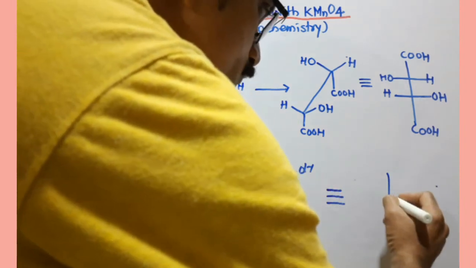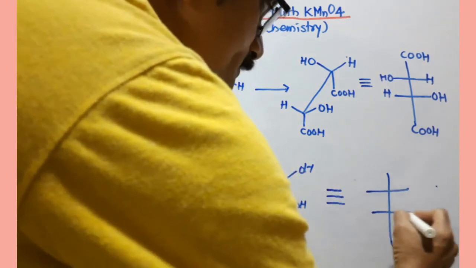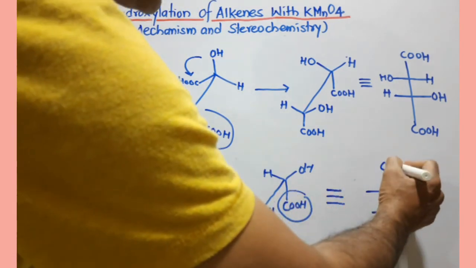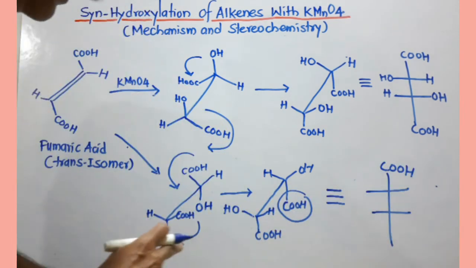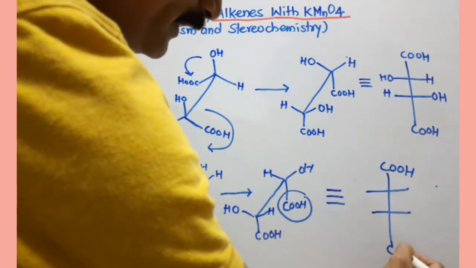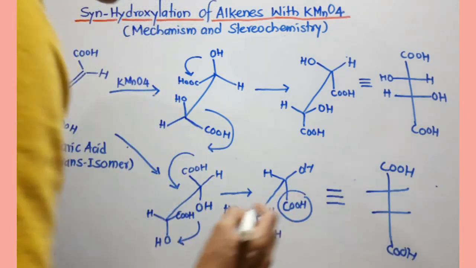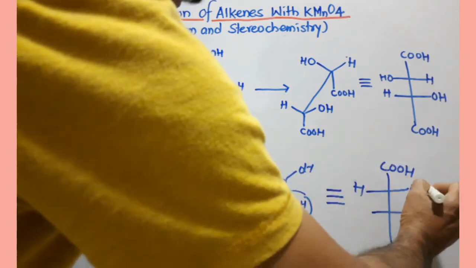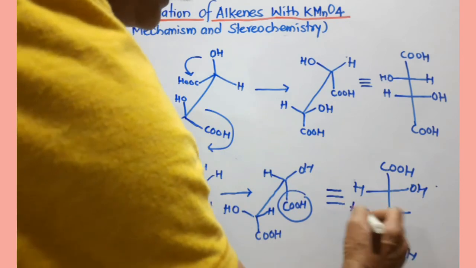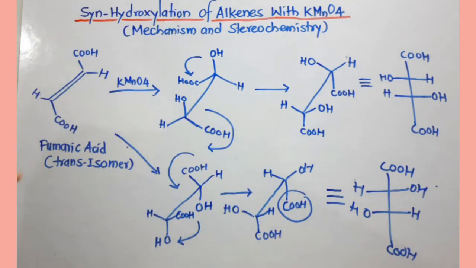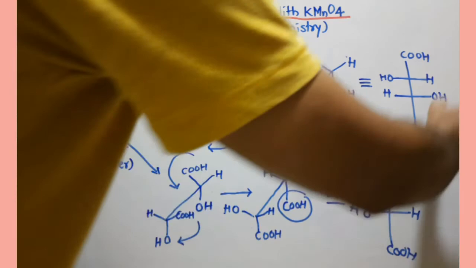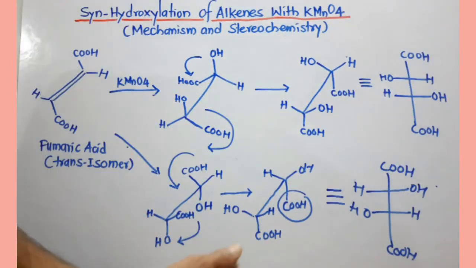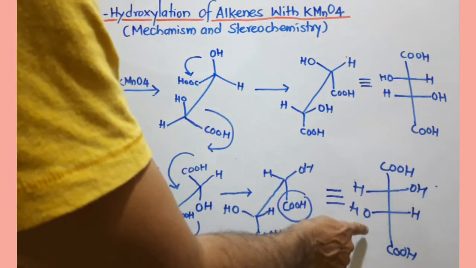So I am going to draw one vertical line and two horizontal lines. COOH is lying behind the plane, so obviously it will come here at the terminal carbons. This COOH will come here, and the remaining groups you can join accordingly. H you can see here, OH here, then OH here and H here. You can see here, if I draw this structure, this is nothing but exactly the mirror image; a non-superimposable mirror image is formed here.